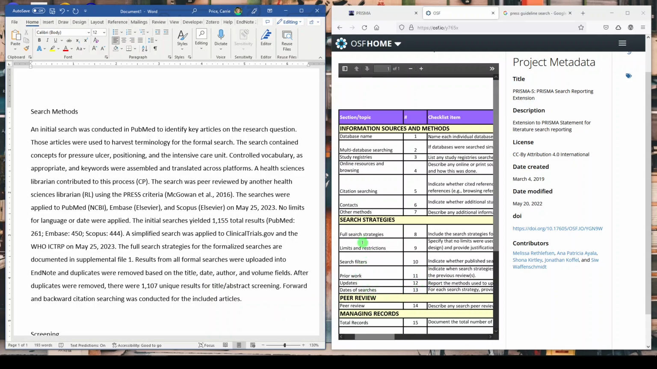We also need to talk about contacts here. Study authors were contacted for additional data and clarification of the methods for included articles. And we also need to talk about any other methods. Finally,